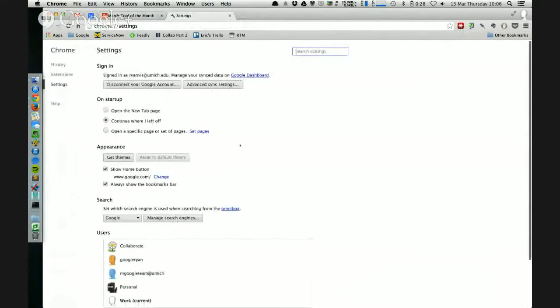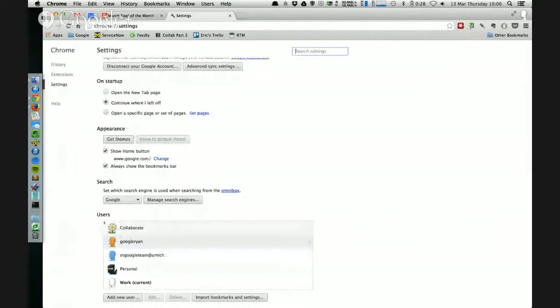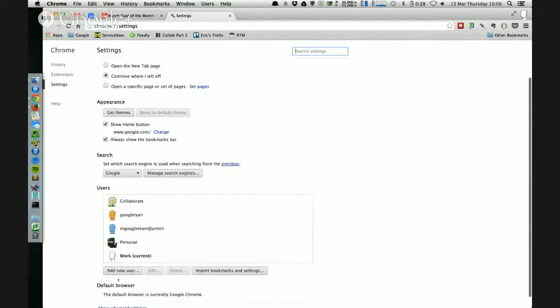And then on the very first page here in the middle, again, if you've never done this before, this section is going to be empty. What you'll see is users, and then you'll see this Add New User button. When you click Add New User,